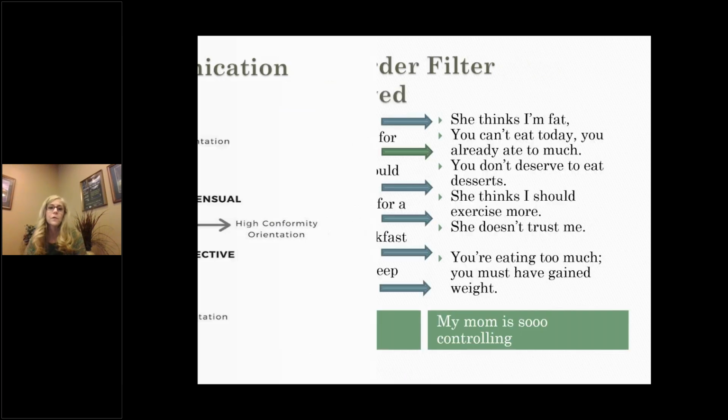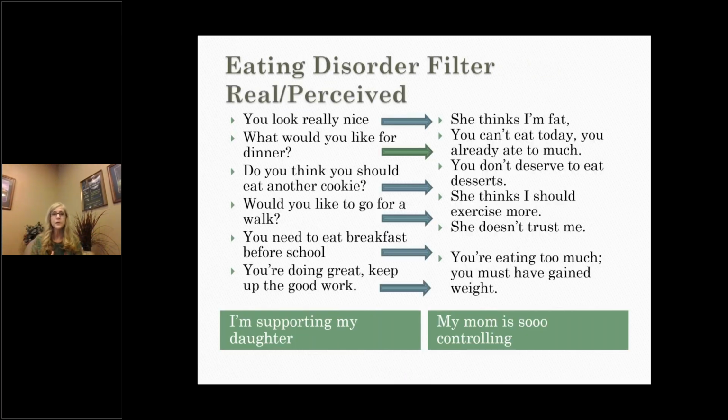So the eating disorder filter, it's what I referred to earlier, the conversation, real or perceived. Now, I put this slide together from information from dialogue and conversations that I've had with all my clients. When I have talked to them, saying, okay, I'm going to do this presentation for the caregivers, because I've done a few of them, this is what they've always said: make sure you tell them this. So hopefully this will be something that will be helpful for your clients as well. So again, on the right side of the screen, the conversation starts out by this person who believes they're supporting their loved one.